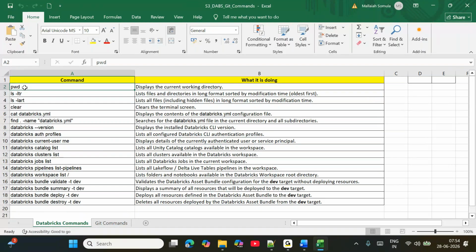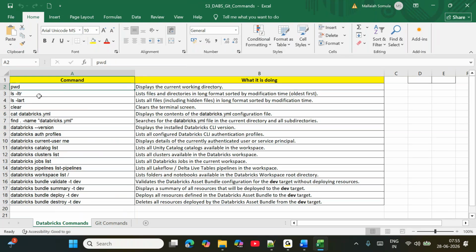Sometimes what happens when you are deploying your code, you will develop a YAML file for deploying your code to other environments. When you are deploying the code to other environments, you will be creating a lot of subfolders, and you are trying to read the code from some other folder, but your actual code you maintain in some other folder. Later it says deployment failed, saying that I am not able to find the databricks.yml file in this particular location. Whenever you get such kind of issues, you need to understand where you are currently working,